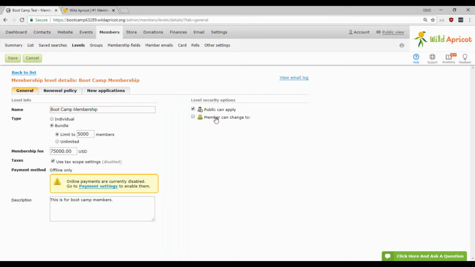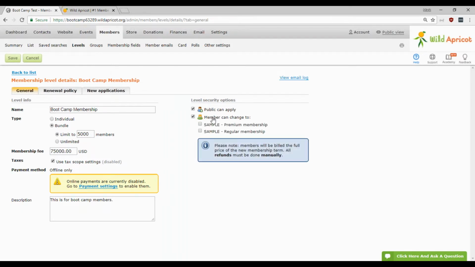have your credit card ready. The second one is the member can change to, and this one is commonly confused, so I thought I'd touch on it. If you want your members to be able to upgrade or downgrade their membership, then you'll want this option checked, because this means that the member can change their membership to either of these other options. So if you have a VIP package, for example, you might want people to be able to upgrade to that VIP package. You'll want to use this option so that people can actually do it from their own profile. They'll just have to log into the site. They'll have the option right then and there. But this lets you enable it or disable it from the administrator's point of view.